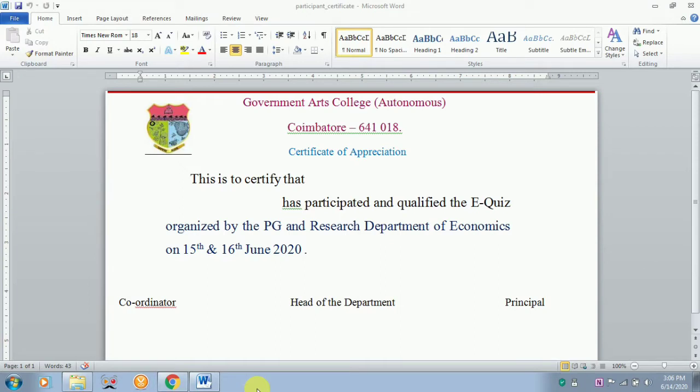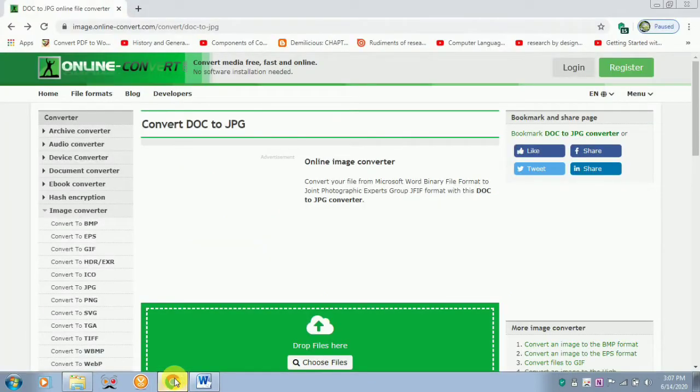Today I'll be teaching how to insert a signature and create an e-certificate. The certificate should be created in Word format. Once this is created, we have to convert it into JPEG format. For that, you have to go to the website